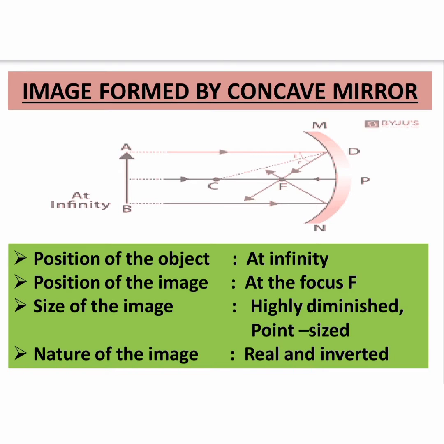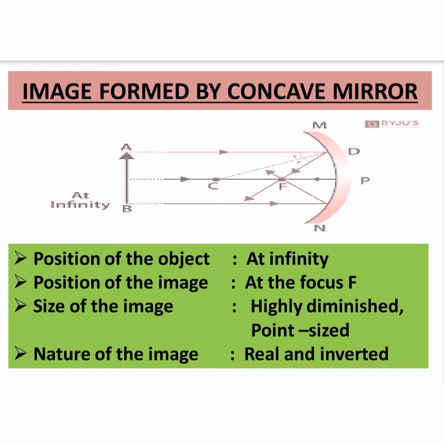Images formed by concave mirror. First position, at infinity. There were 4 things which were important in all the positions of the objects. The mirror may be concave or convex. In convex there are 2 positions of the object, while in concave there are 6 positions of the object. So for all those 8 positions of the object, for concave as well as convex, we have to write the 4 key points: position of the object, position of the image, size of the image and the nature of the image.